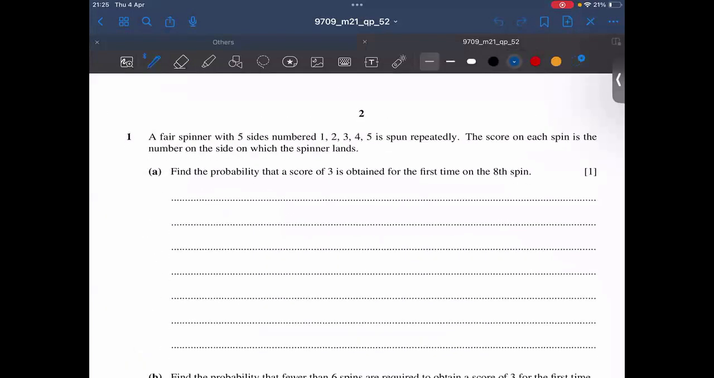A fair spinner with 5 sides, numbered 1, 2, 3, 4, 5, is spun repeatedly. The score on each spin is the number on the side on which the spinner lands. Find the probability that a score of 3 is obtained for the first time on the 8th spin. So that means in the first 7 spins,